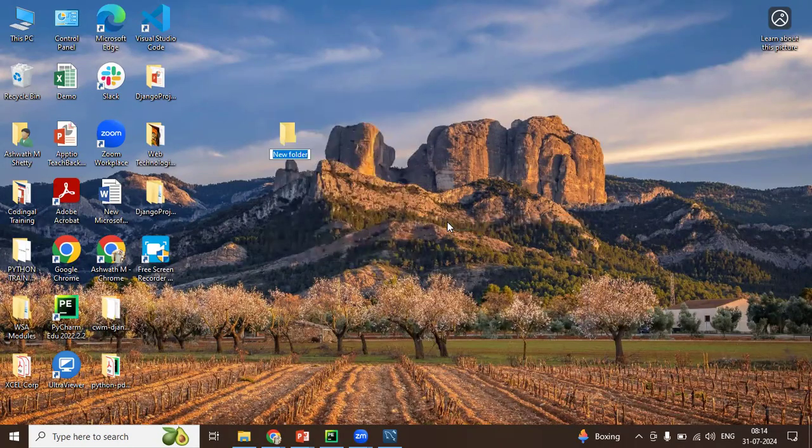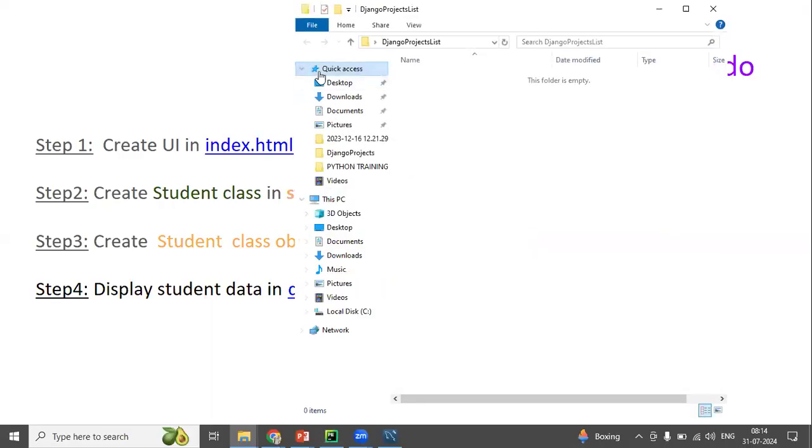I'll name this Django projects list, something. I'm giving the folder name. Now open that folder